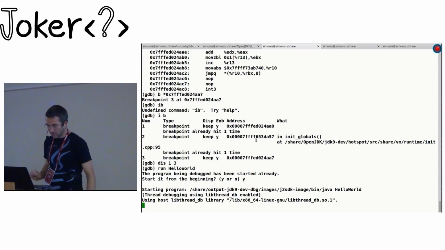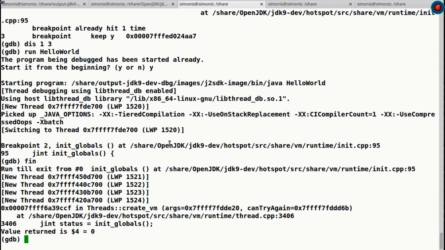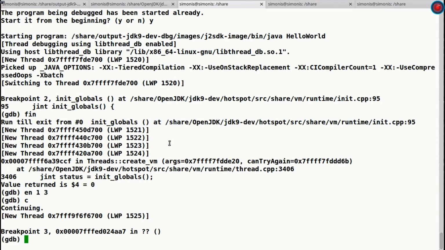So I restart my program. We will now first stop in init globals, and only after the bytecodes have been generated, we can enable our breakpoints. So you see, we now have stopped in the third breakpoint, the one which is the second entry into the